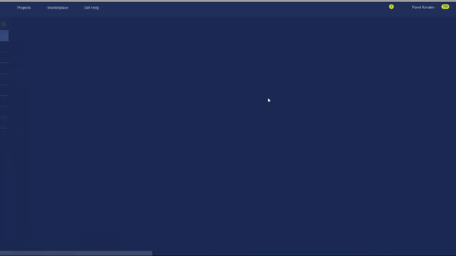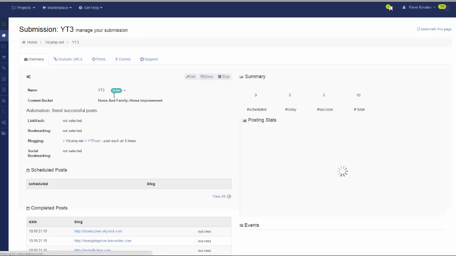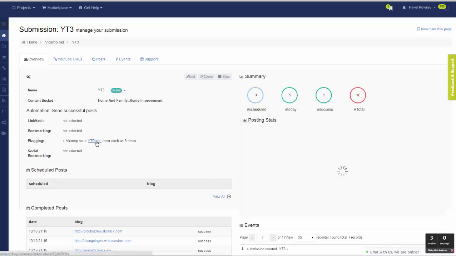If I go here, those are completed posts. You can see blog.com. Those are posts that posted YouTube video. According to our configuration, every successful post will be sent down to the lower tier network.